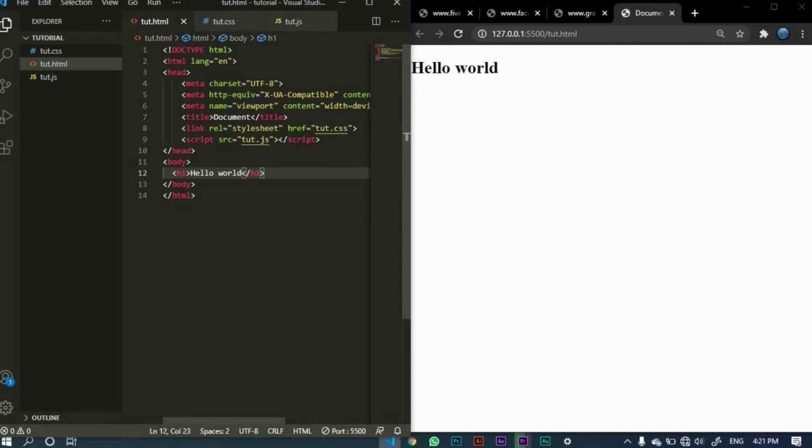Now one thing I tell you all, that there are 6 types of headings. There are a total of 6: H1, H2, H3, H4, H5 and H6. So how do they work? If I write H2 and